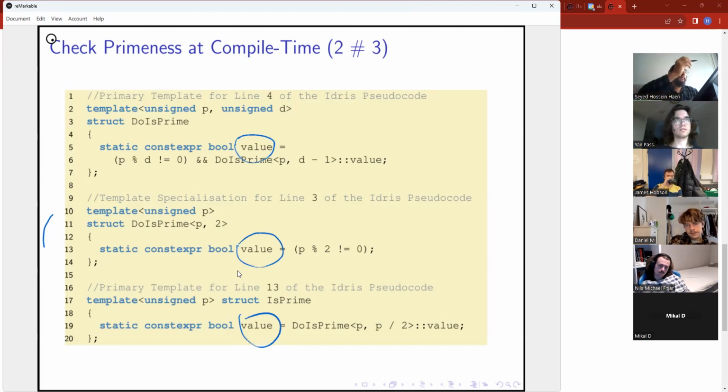So let's say that you have a struct S. Your struct can have data members.